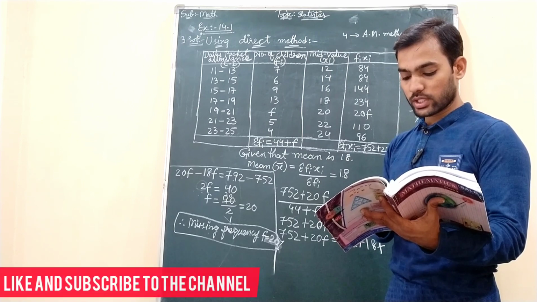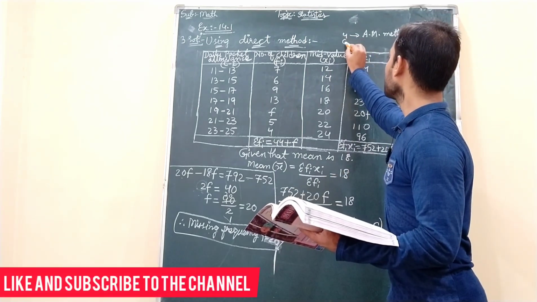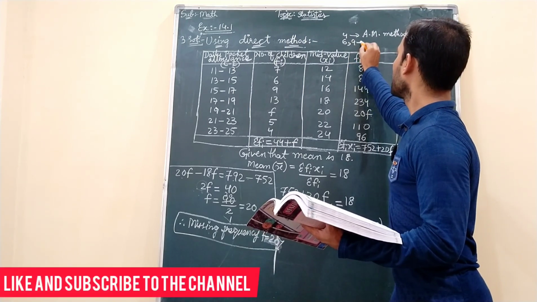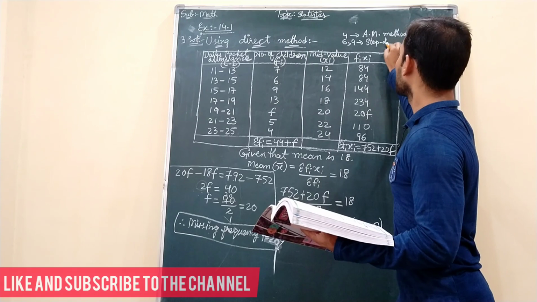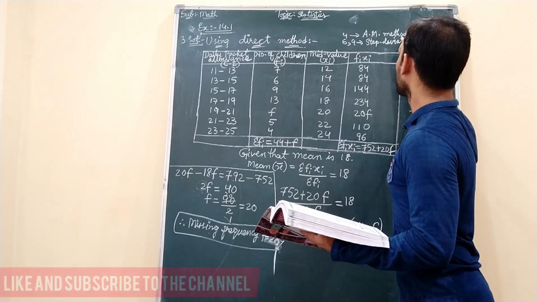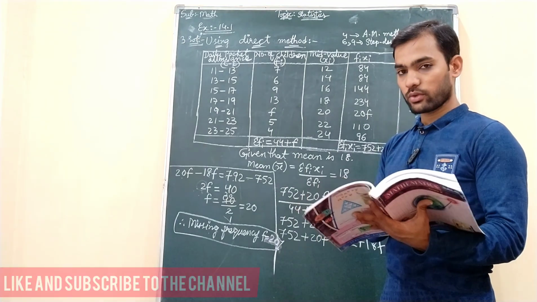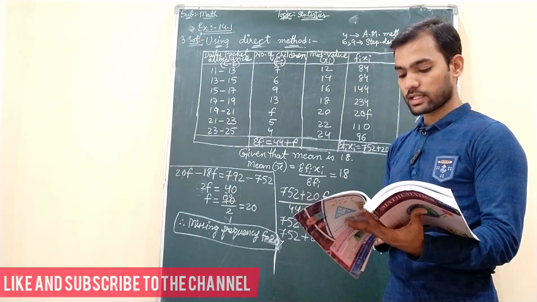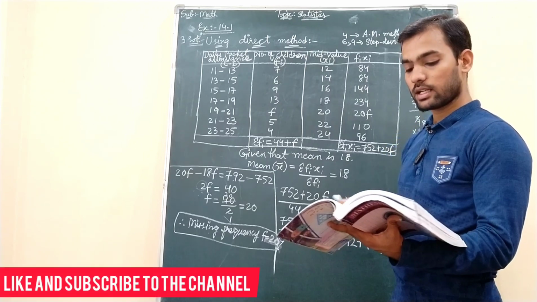So for question number 6 and 9 you people use the step deviation method. Okay, question number 4 assumed mean method, question number 6 and 9 step deviation method, and this 7th and 8th